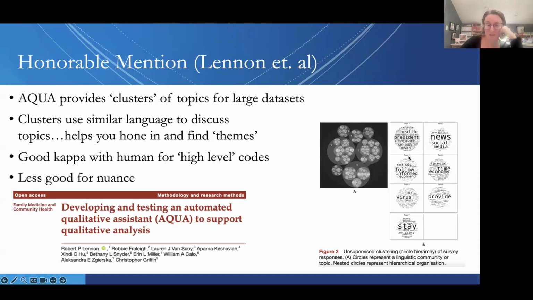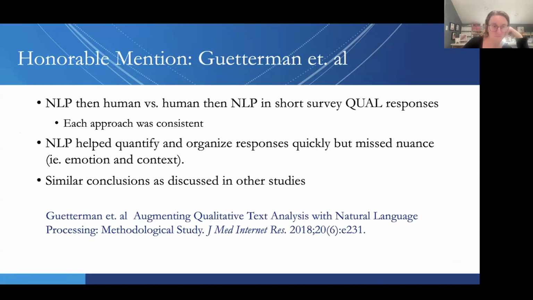What it's showing is that AI did do a very good job of clustering topics. It would take all of the things that were talked about in this huge data set that we had and put them into the appropriate clusters so that humans could go in and look at them and theme straight from those clusters. And we did human comparison and AI comparison. It was pretty accurate at a high level. Once we looked at nuance, AI does not do well, but it was very good for the high-level, easy-to-find codes. So Aqua is another tool.